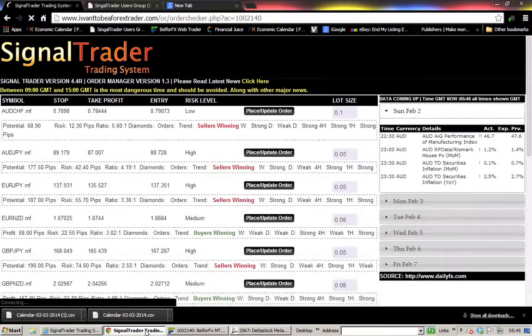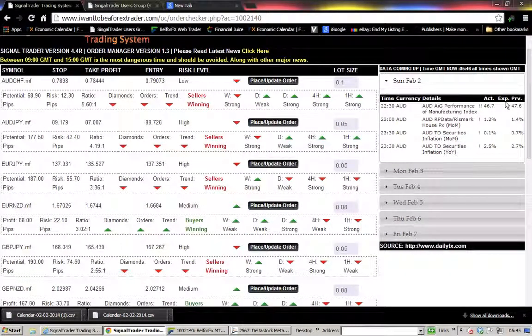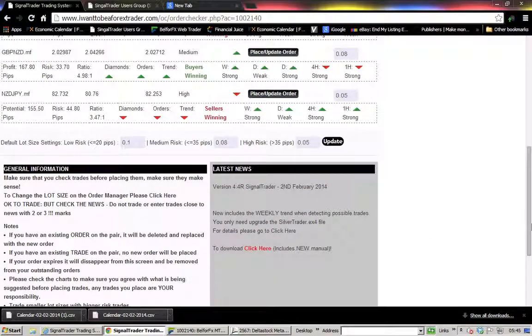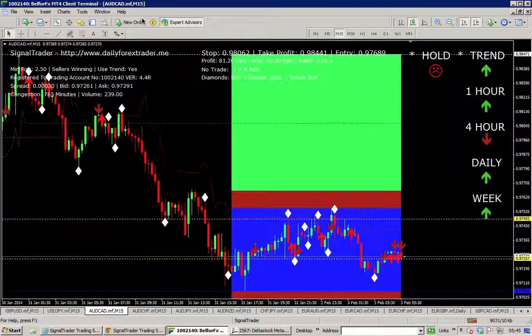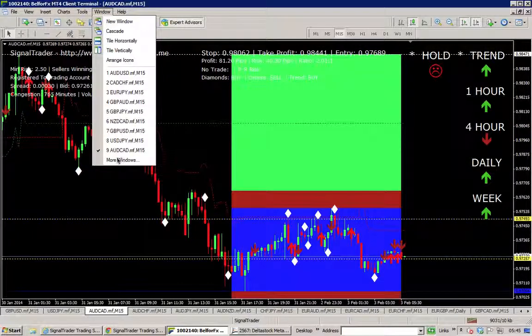So this is the way I look at it. I'm not placing any trades now. Why not? Because I've got nothing to trade. Things aren't lined up properly for me. However, New Zealand yen looks like it's going to be a sure thing if it actually manages to do it. I have got a trade on dollar Swissy